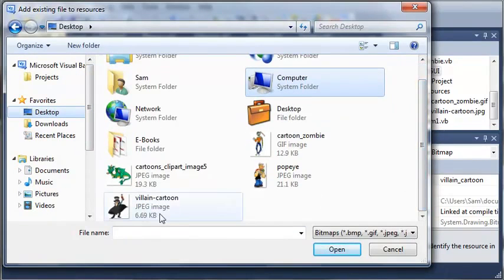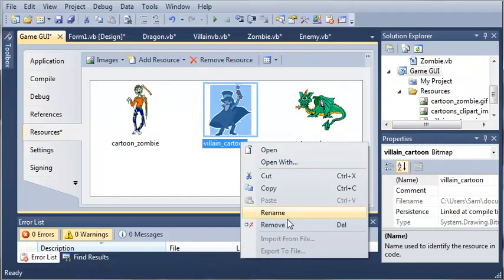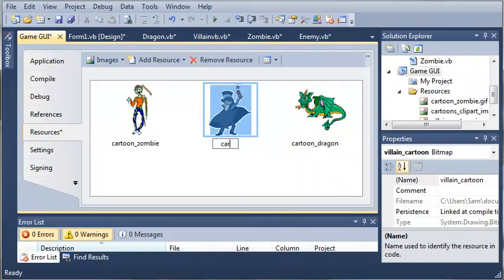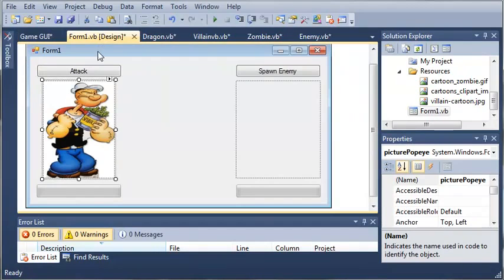So let's just add our dragon, and let's rename this to cartoon dragon, and we'll rename this one just to make it look more like the other one. So cartoon villain. Okay, so now that we've added our zombie, villain, and our dragon, let's go ahead and come over here